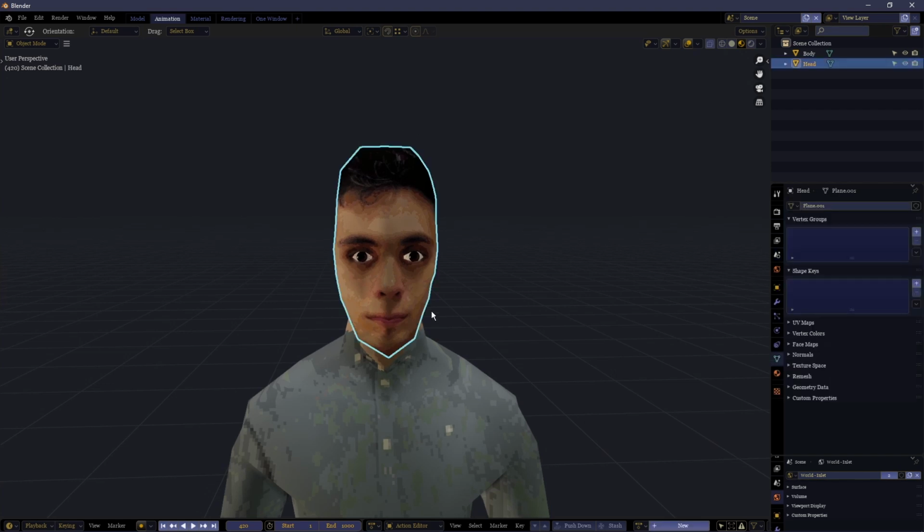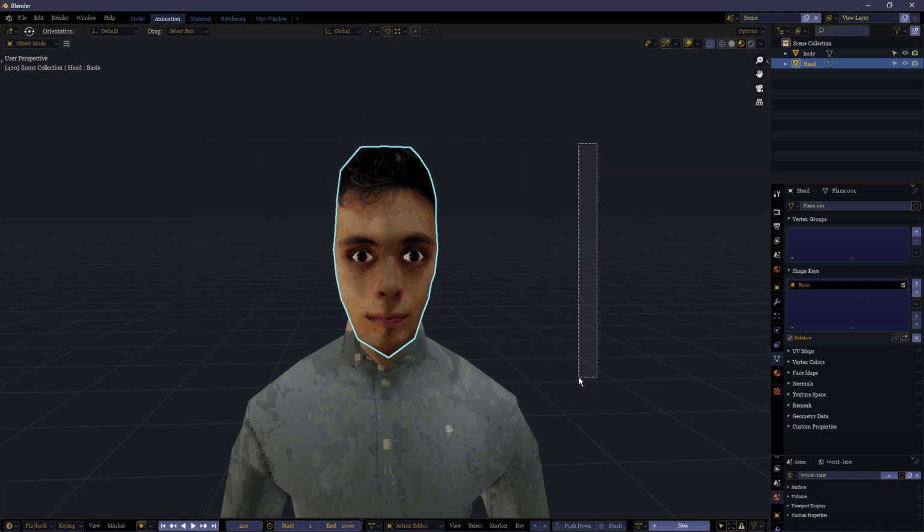So first of all, you need to make a shape key by going to Object Data Properties and pressing the little add. The first one will be called Basis. Don't change this unless you need to and you know what you're doing. This tells the model what its default state should look like. If you change this, it's going to change everything else around it. So after making Basis, you can make your first one.